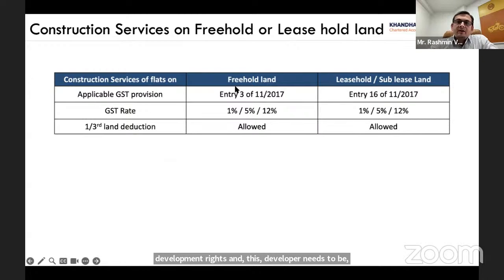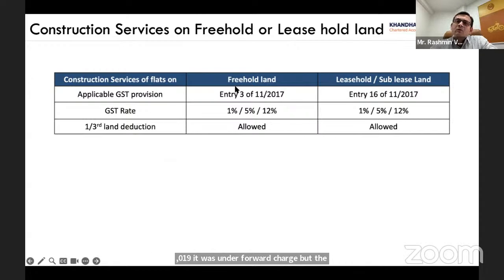For the joint development agreement entered in 2018 for the transfer of development right, who should pay GST? Okay, this is what we discussed, that during the period 1/7/2017 till 31st of March 2019, it was under forward charge. But